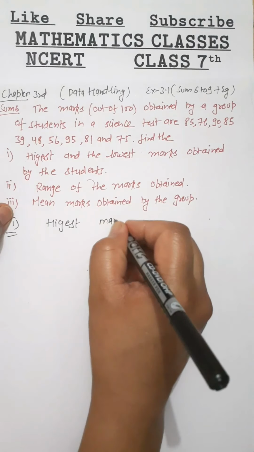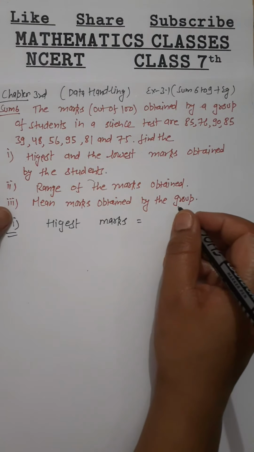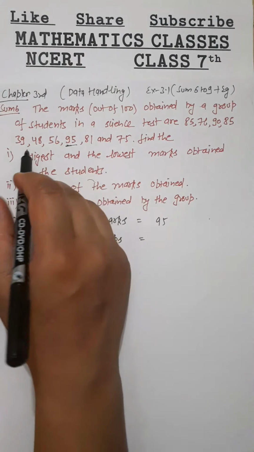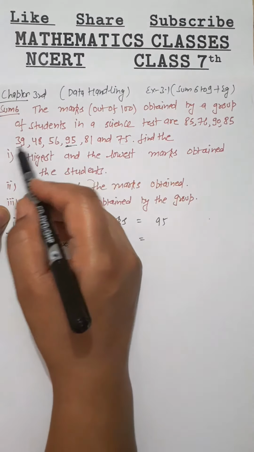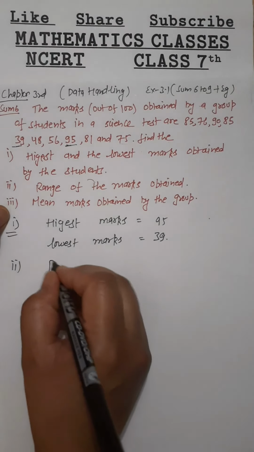Highest mark, that is 95. Lowest mark, that is, find from here, 39. Second part,